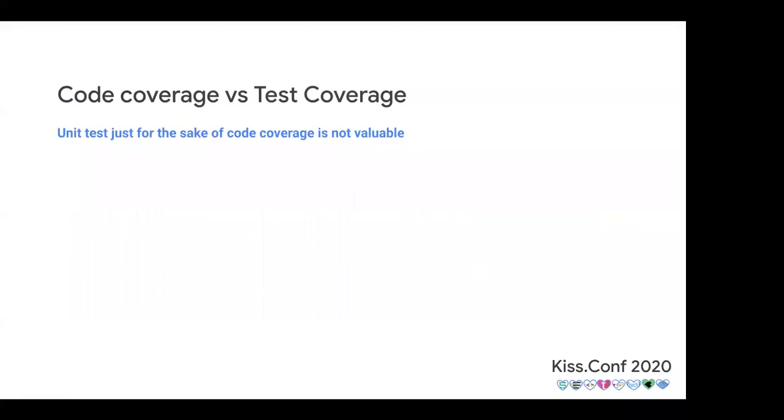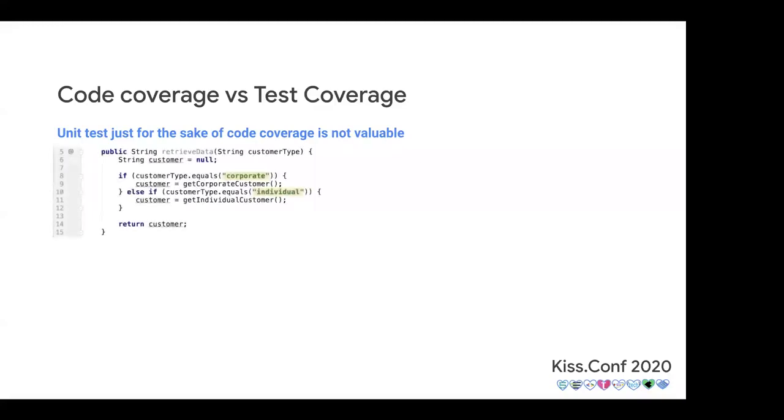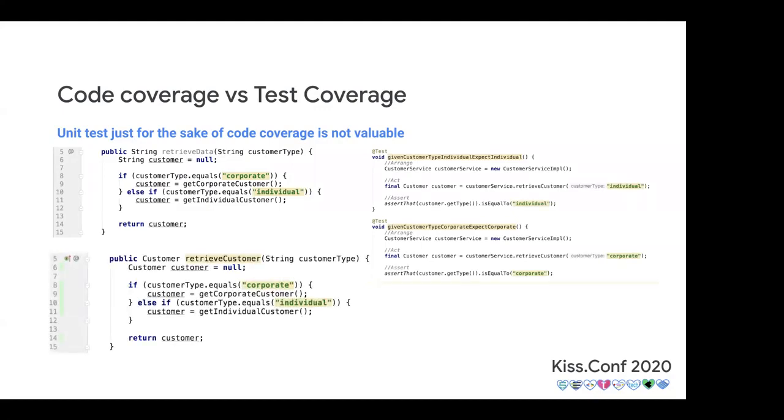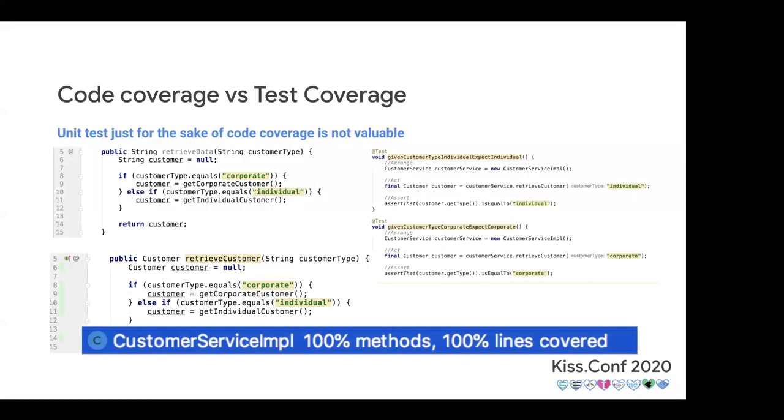Another thing is, when we talk about test coverage, we need to highlight the difference between code coverage and test coverage. So you can write code like this, which at first look doesn't look like there is an issue, but actually we can write a test like this, which will cover all the lines, and at the end we have 100% test coverage. And you would say, well, everything is satisfied. We have nice code, we have 100% test coverage, and we can put this code in production,